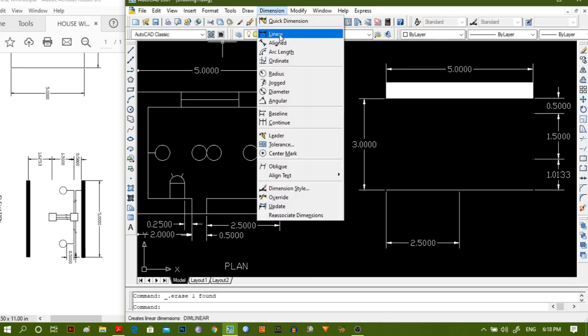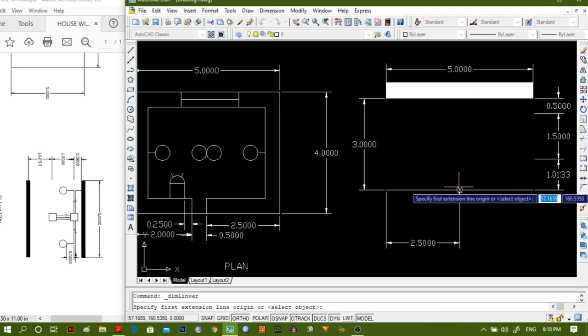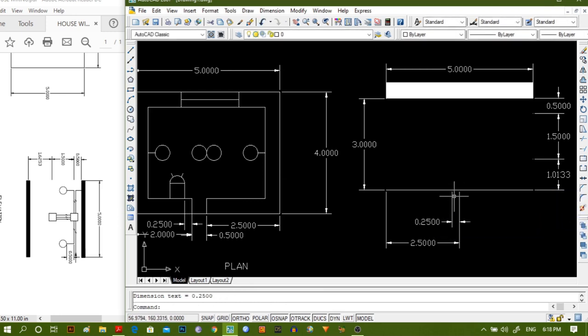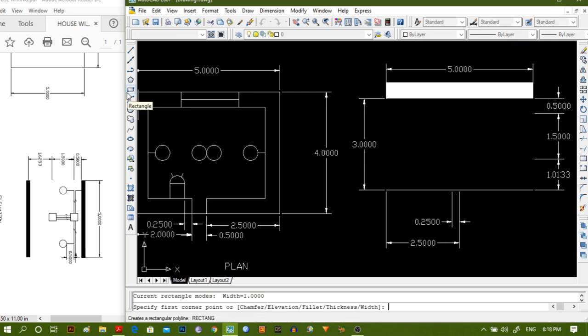So the dimension should be from this side 0.25, enter. So from here on there will be a 1 meter joint box, and it will be above 1 meter height. So we will take a rectangle.